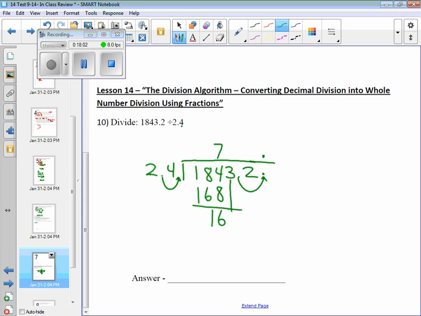We bring down the 3. Now, since I brought down the 3, whatever digit I come up with has to go there. And 24 times 6 will work. When I do 24 times 6, we get